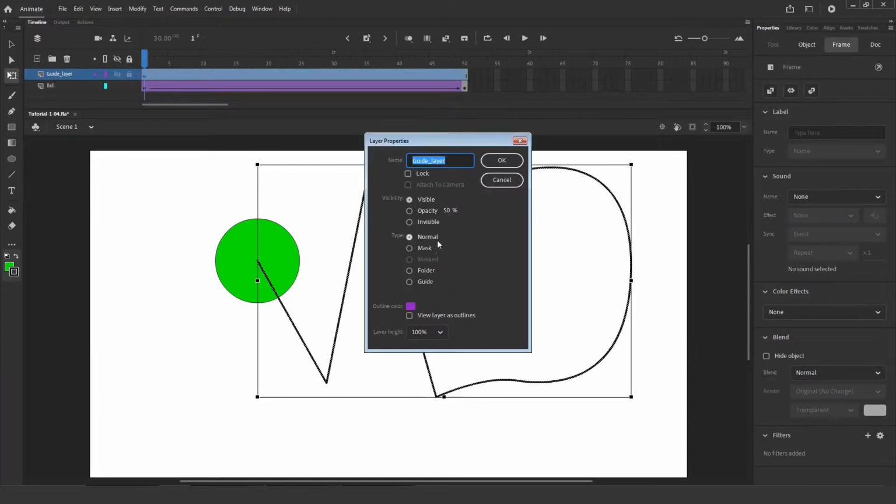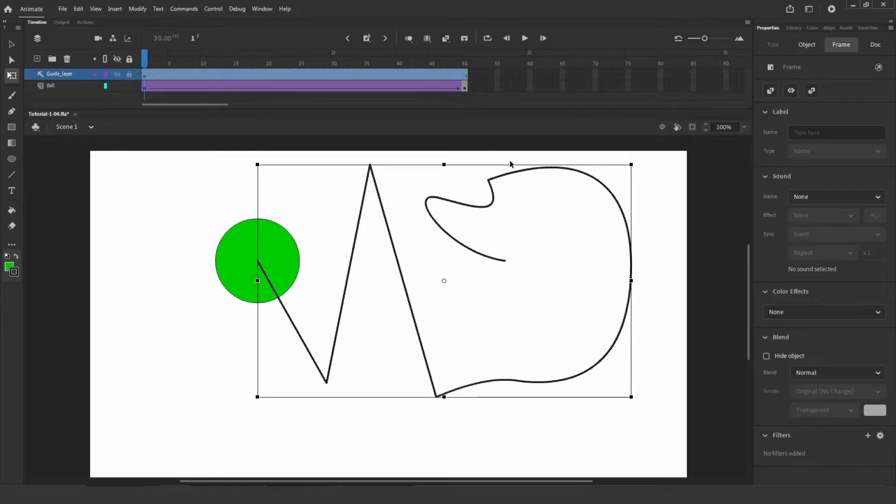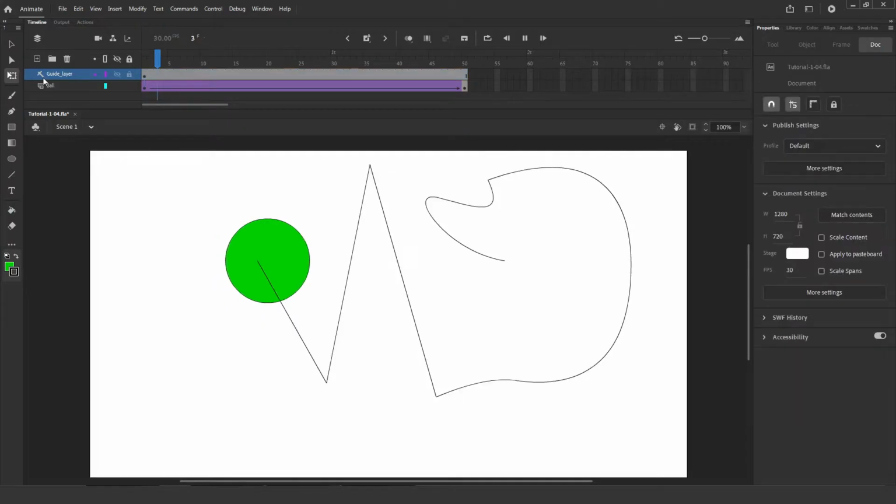And you'll see a bunch of options here. So you've got normal, mask, folder, guide, the visibility of the layer too. You can actually lock this layer from in here. You can also change the outline of this layer in this section too. So for right now, I want to turn this into a guide layer. So just select guide, click OK. You'll see up here you've got a new icon. It's indicating it's a guide layer, but for right now, it's not linked to anything. So if I just play the animation back,